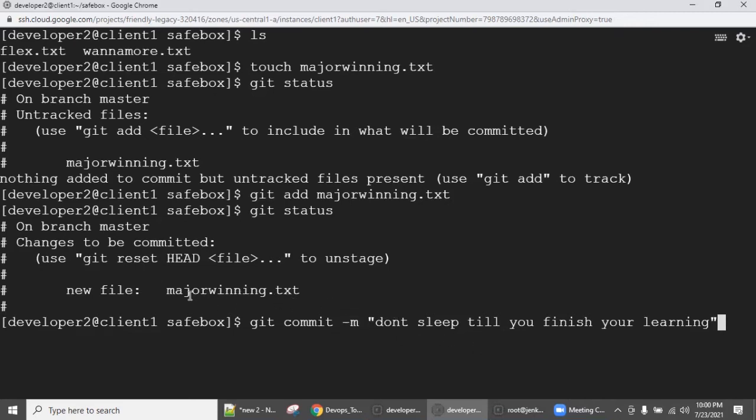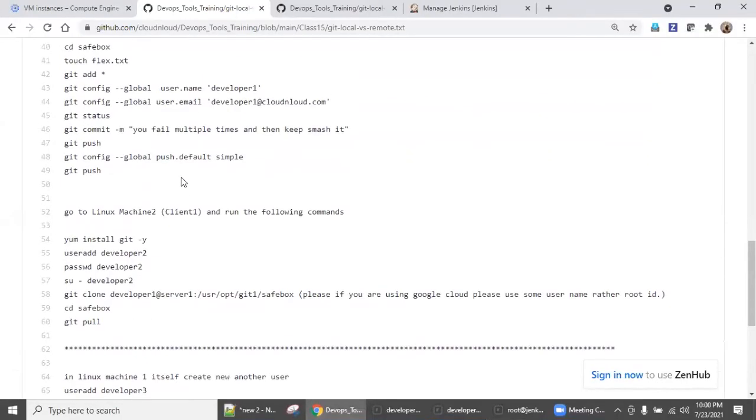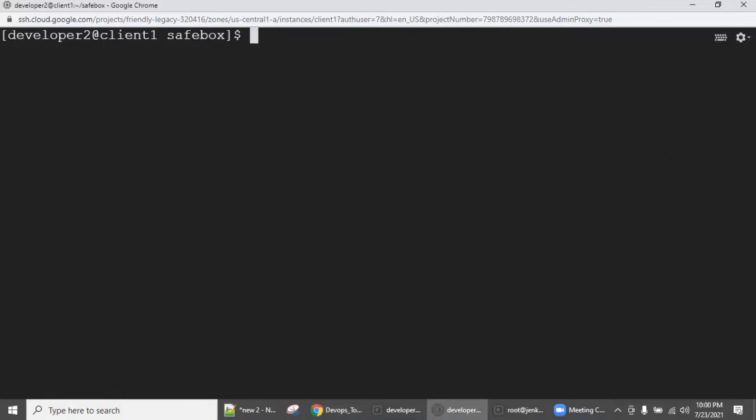Basically, this description should be what you are changing. So I just say enter. Automatically, since this is the first time, you need to define who I am. I am developer 2, right? So go here and do the same as before, but instead of developer 1, I am developer 2.